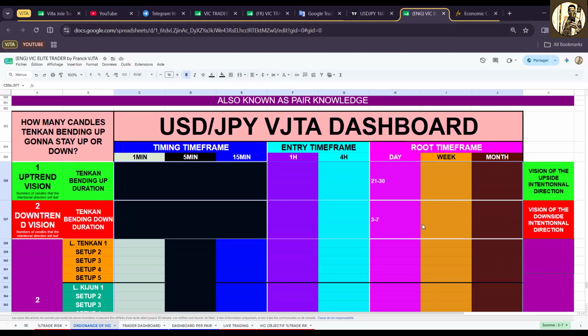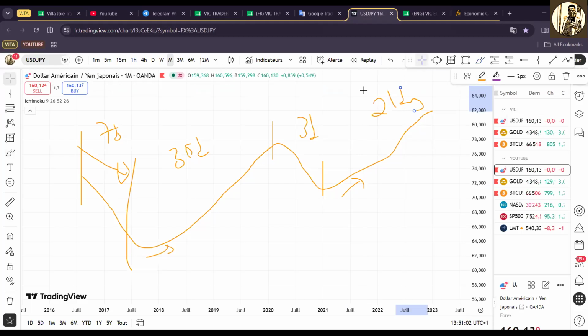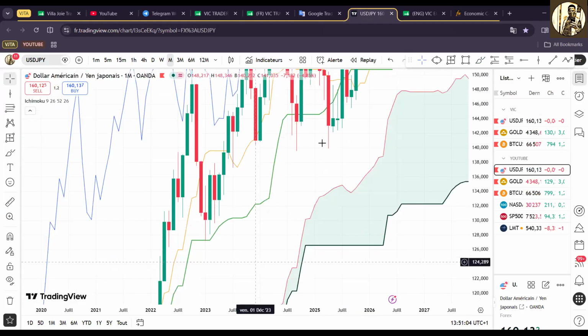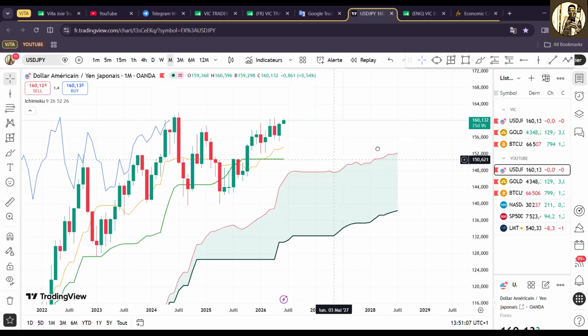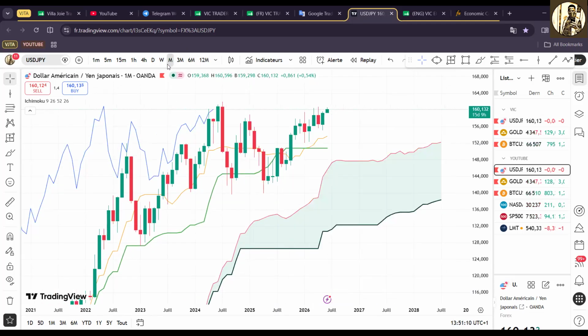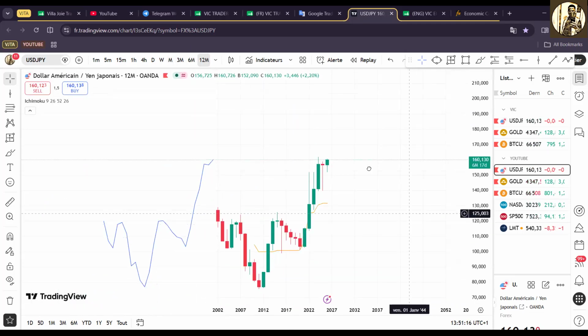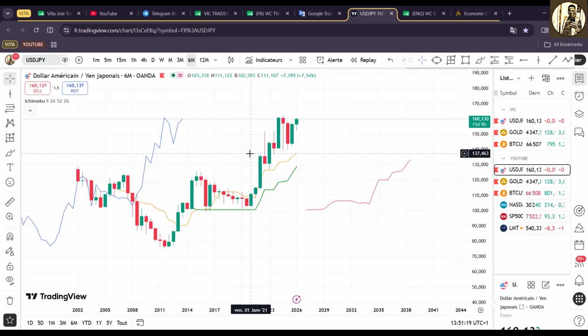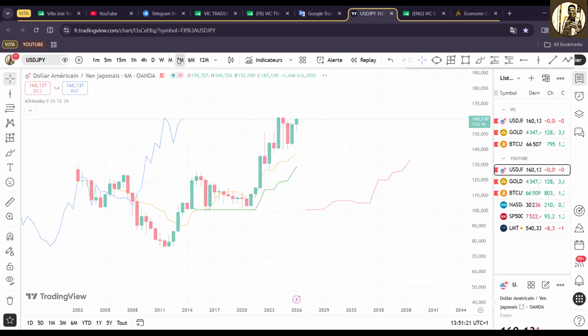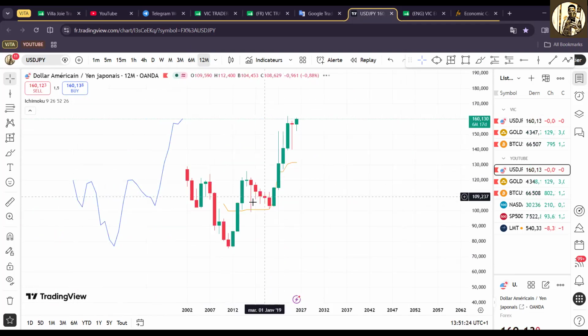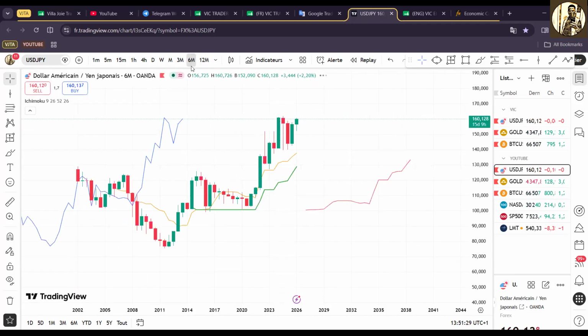So now we need to go on. It will be like this. Let us do it now starting from monthly. We will not do the 12 month and the 6 month and trim them off, just because there are not enough candles, not enough Ichimoku lines, and also those time frames are not that important for the entry. It is mostly when you want to enter, when we are close to entering.